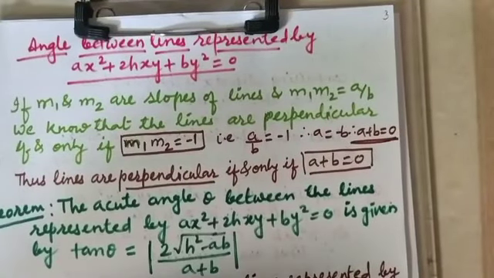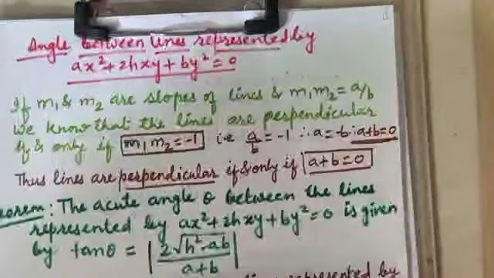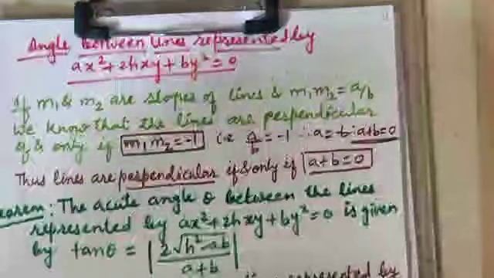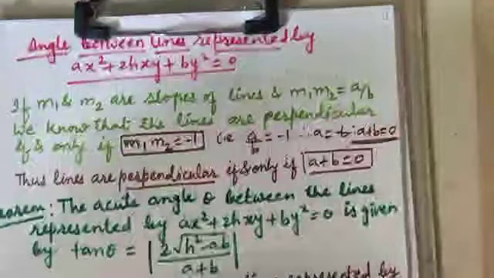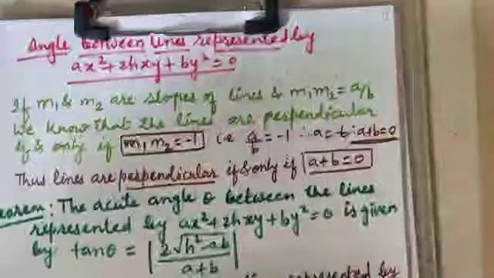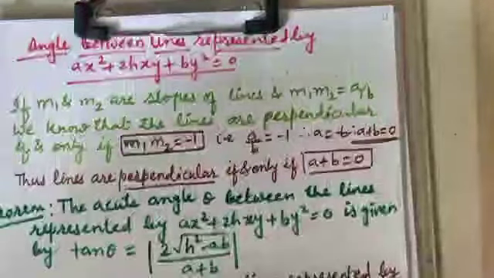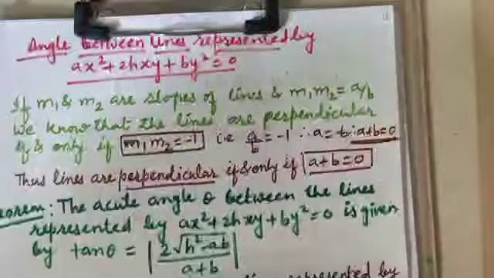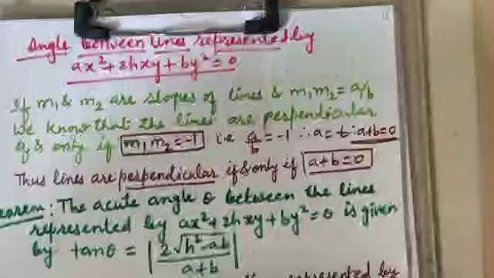In the last video of the chapter Pair of Straight Lines, we have seen the combined equation and the separate equations of lines, and how to find the value of a constant. For that we need the sum of the slopes and the product of the slopes. These formulae are necessary, as we have seen. The sum of the slopes is m1 plus m2 equal to minus 2h by b, and the product of the slopes m1 into m2 is equal to a by b, that we have seen already.